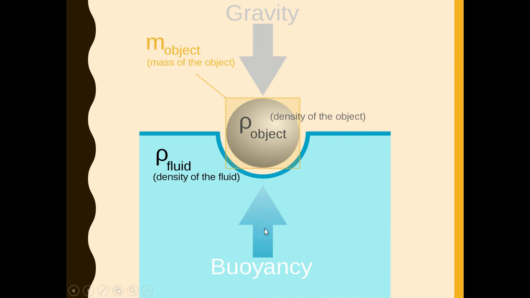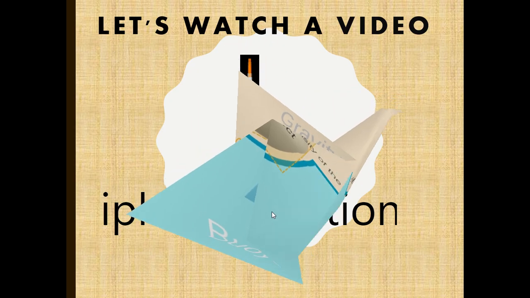Here buoyancy means upthrust or upward force exerted by the liquid on the object, and the object's weight, that is mg, will be towards the downward direction, because you know the direction of acceleration due to gravity is always downward,